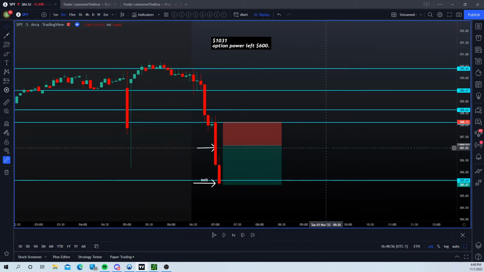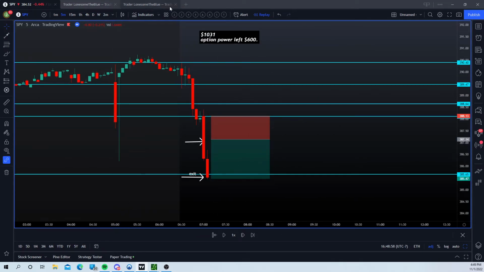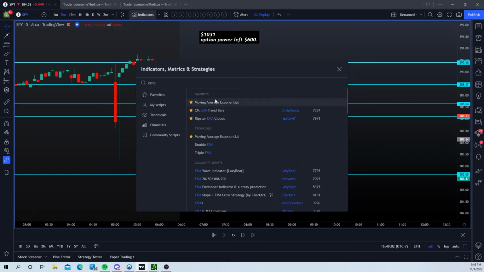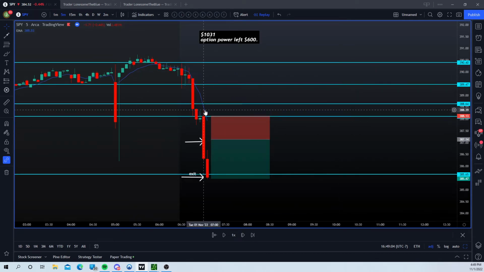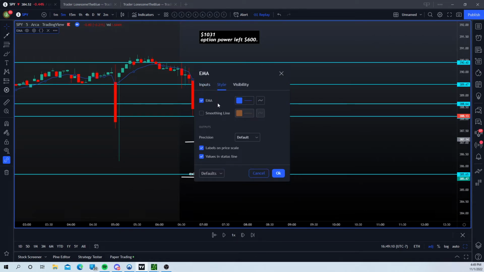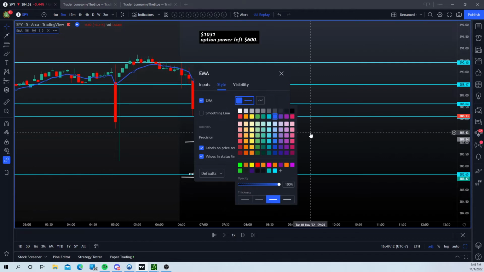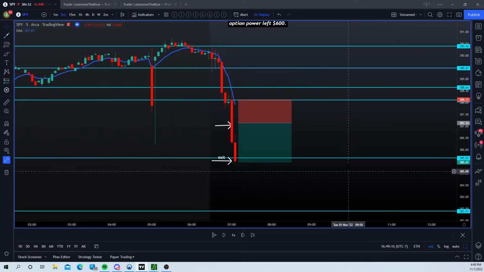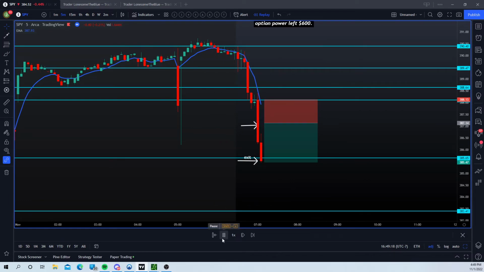So now we just wait for a reversal. Maybe you want to see a reversal on the EMA. Let's turn on the indicator. EMA. This is the 9, right? Let's put the 9 there. And let's see, maybe you want a reversal now. So now you put your EMA, 21, 9, whatever you guys use, and just wait patiently because buyers might step up here. Look at all these buyers stepping up. So now you wait patiently to see maybe we get a reversal.